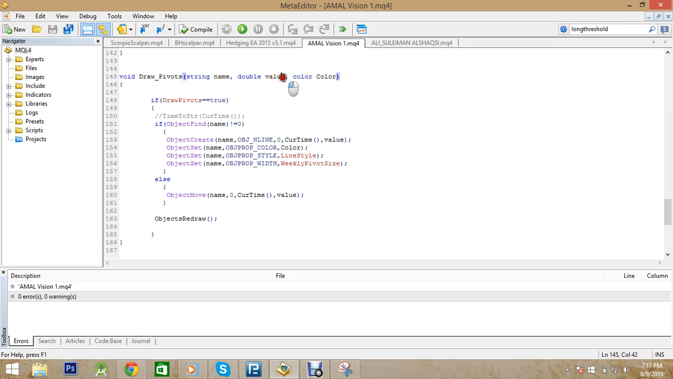The second parameter which we are passing in here is the value. This will be the value at which this horizontal line will be drawn. Okay, so let's say if we pass 1.3247, then at this price, at this value, this horizontal line will be